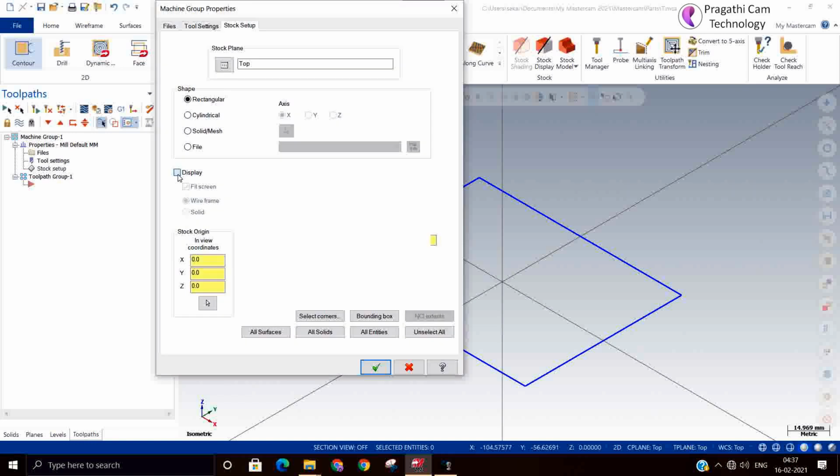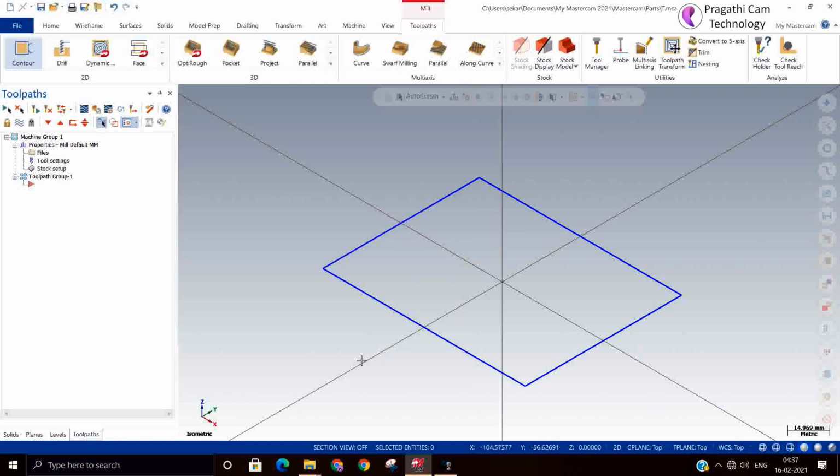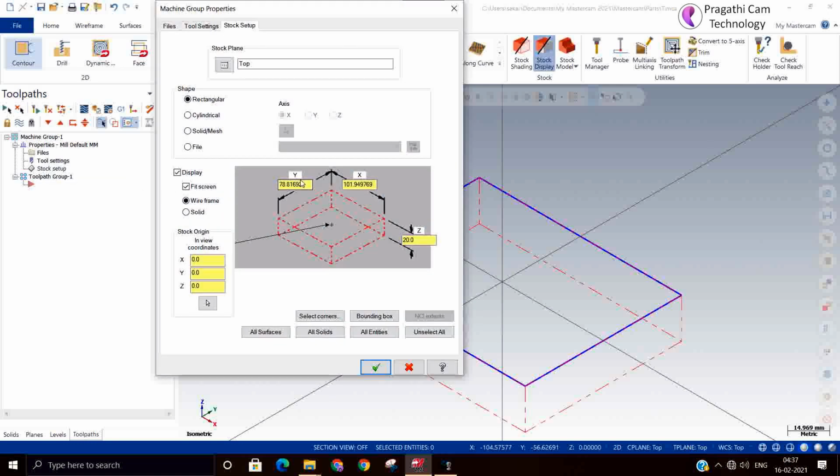So this material, I'll make it 80. I'll make it 110 here. A little more material than what is required. Okay.